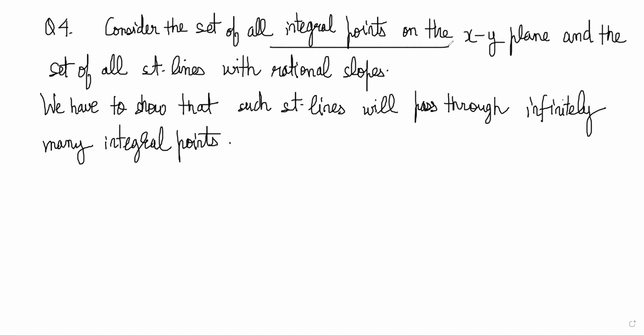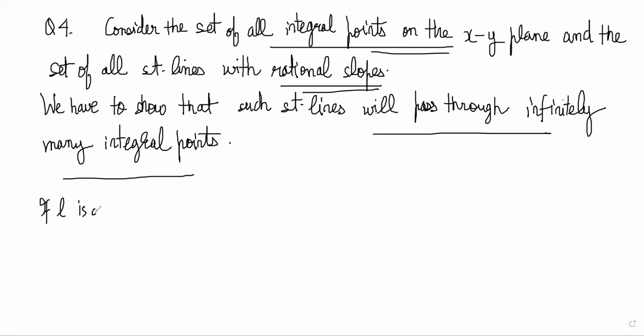So we have a set of all the integral points on the xy plane and the set of all straight lines with rational slopes, right? We have to show that if any straight line passes through an integral point, it will pass through infinitely many integral points, right? So let's see, if L is a straight line